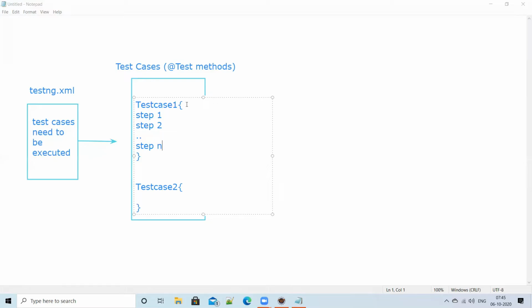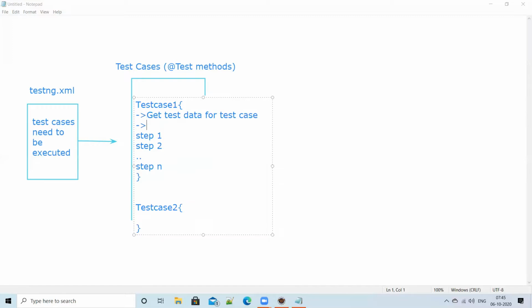So for every test case, what is happening, guys? Here, first step, what is happening? The first thing, get test data for the test case. Okay, so that is one step happening, right? So you are getting the test data.